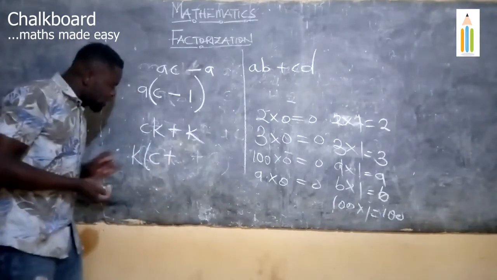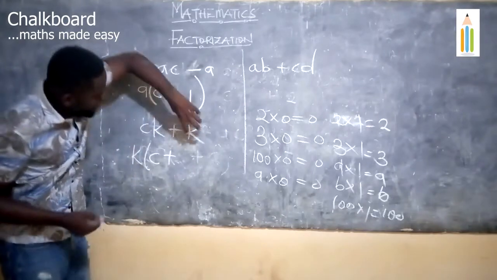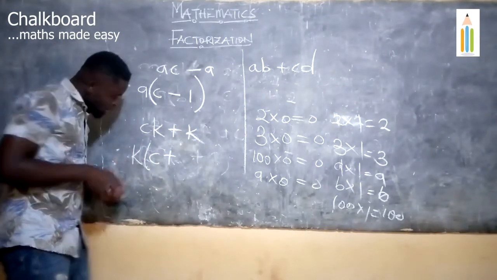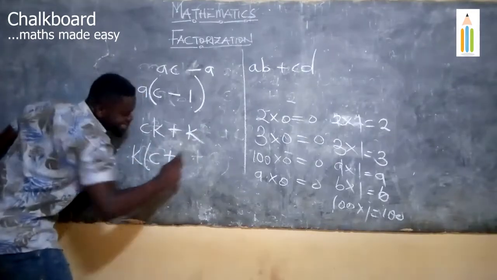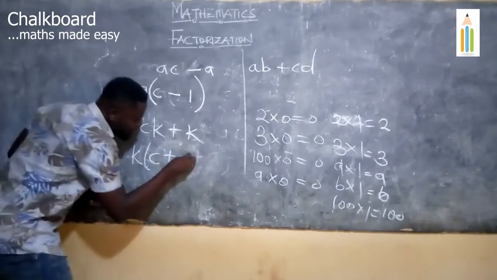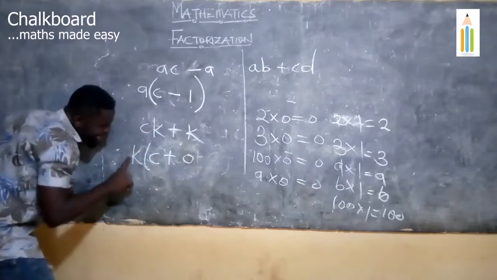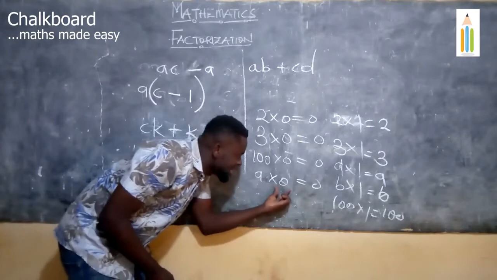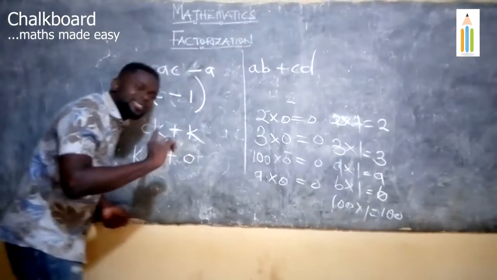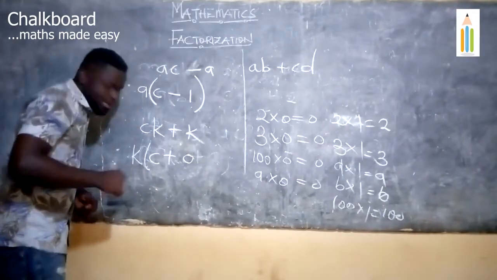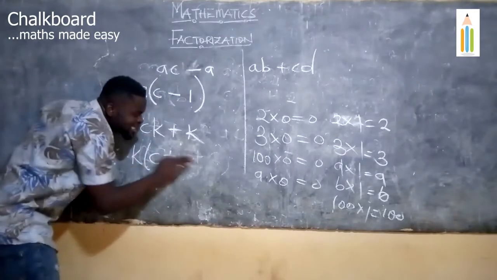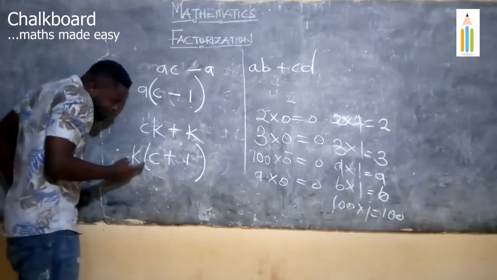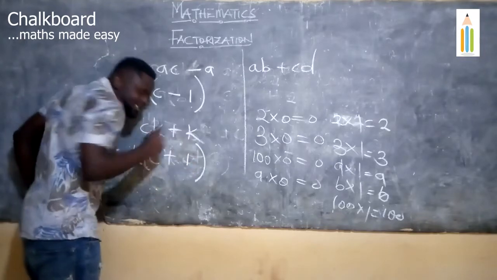plus. Now we can also see clearly that all of the term here is out. So now if K is out, what will be left here? This place can be 0? Because if this is 0, if I multiply the K by 0, I'm going to get 0. That's why we have A times 0 gives us 0. And that will give us a wrong answer because of this multiplication. So the answer that has to come here is supposed to be 1, so that when we multiply the K by the 1, we get this.